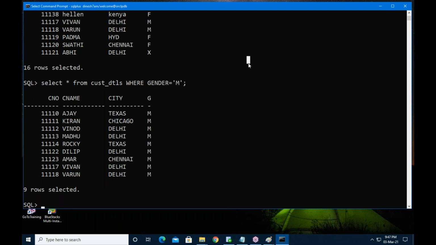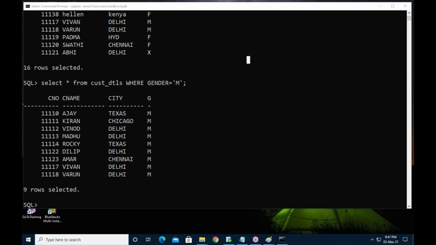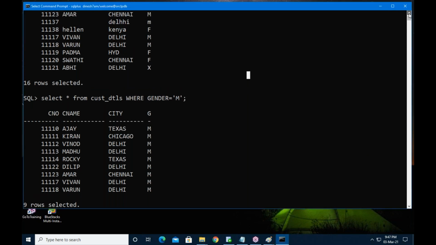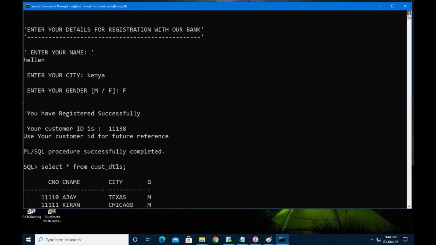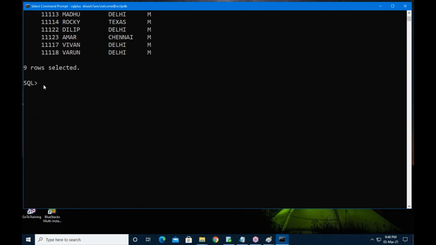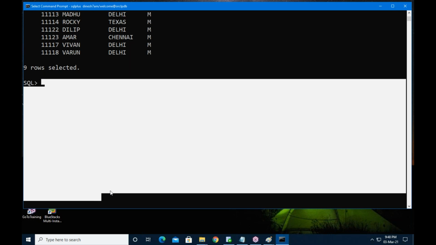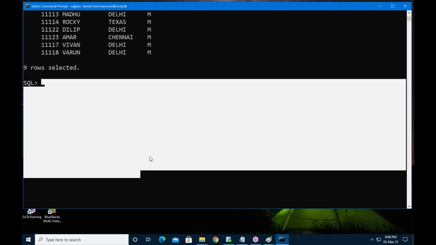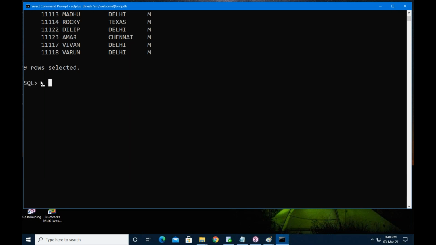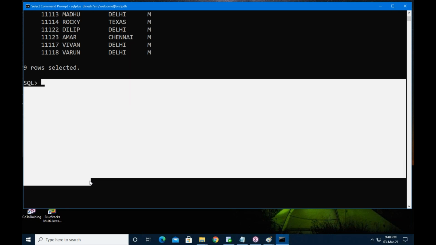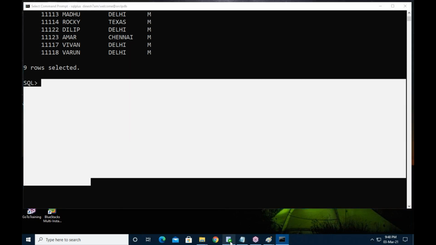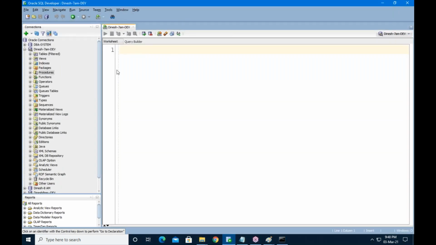This is called SQL Plus. It is a command window tool, a CUI tool. You can write queries and programs here, or you can write queries and programs here also. This is known as SQL Developer.